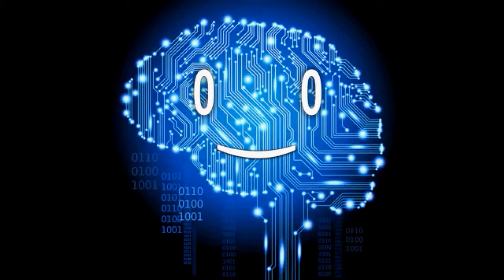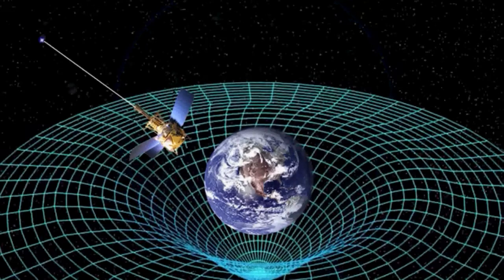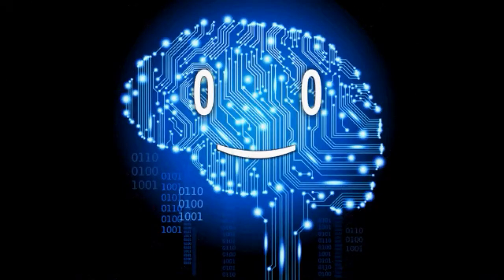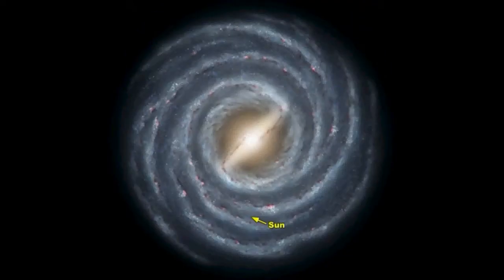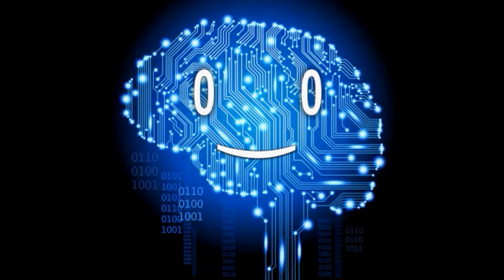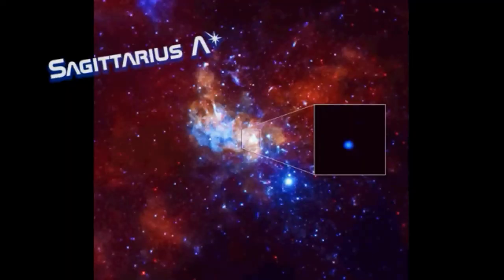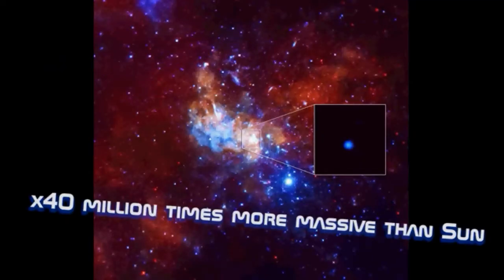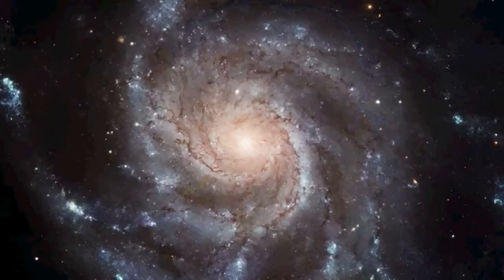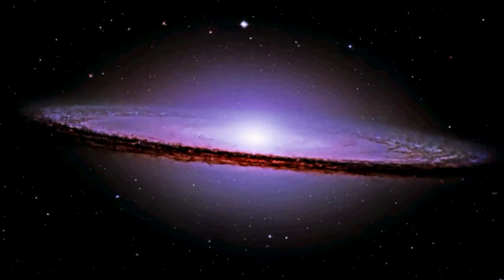Right now, you are being held on the surface of the Earth by its gravitational attraction, which is kept in orbit by the Sun, which, together with the whole solar system, orbits the galactic center of the Milky Way, which, in turn, is kept together by Sagittarius A, a supermassive black hole 40 million times more massive than our Sun. In fact, almost all galaxies have black holes at their centers, which are vital for their formation.